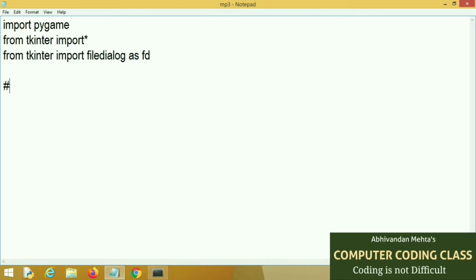Now we will create the frame of our player, that is the screen of our player. First of all, we will create an object of our tkinter, that is root. Next, create a blank string variable, that is a global variable. Next, set the screen title, that is computer coding class.